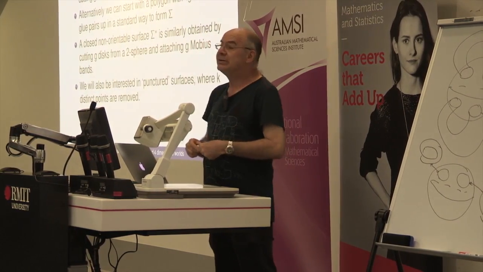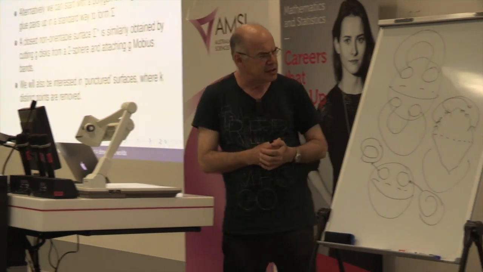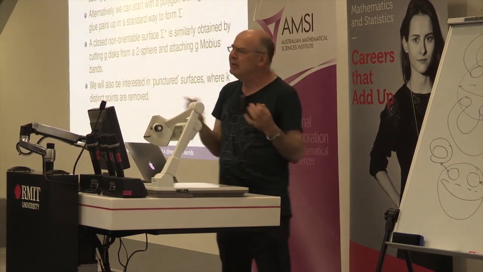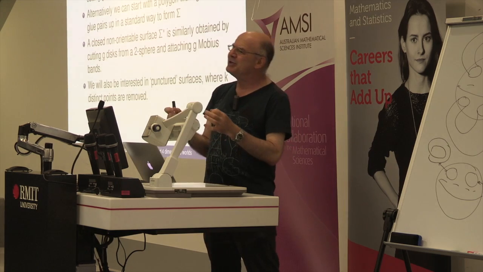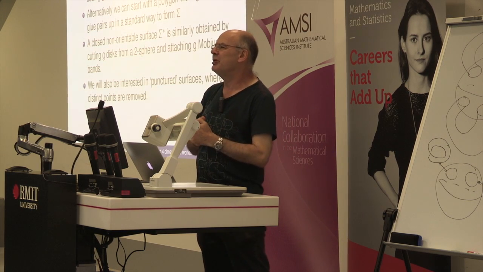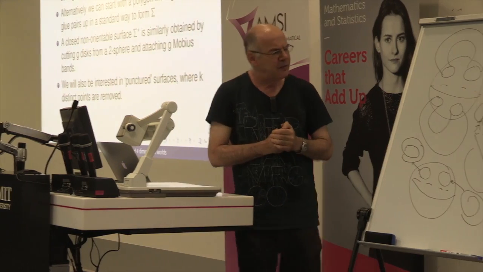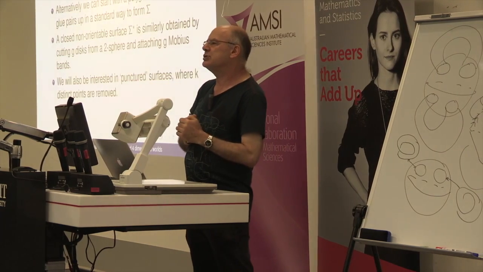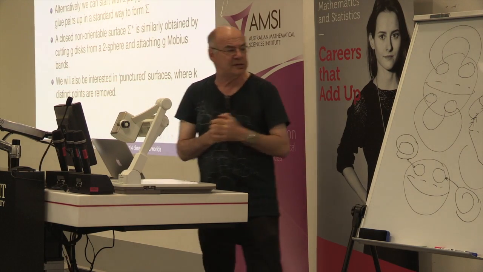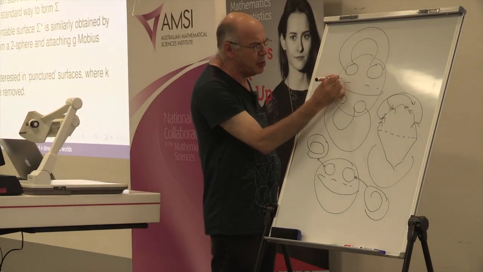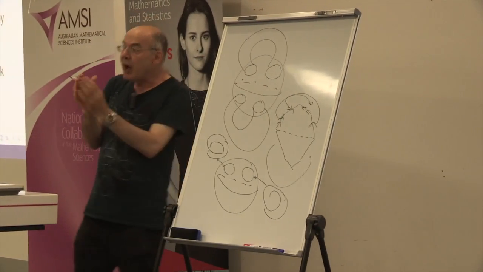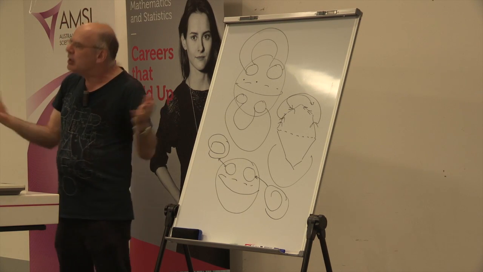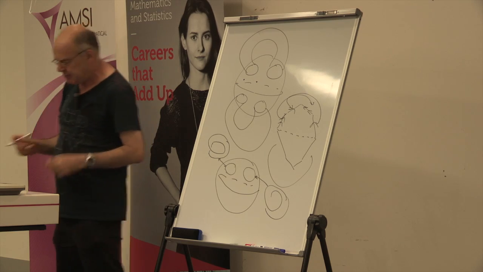Okay, so it turns out in our general exploration, we often want to think about surfaces with boundary, but in the way we actually do it, because we're interested in geometry, not just topology, we want to think about shapes of things, we're just going to remove points rather than cut out little holes. So we're going to puncture our surface, so we're just going to remove some points. If we like, we could open them up and make them into bigger holes. Topologically you're allowed to do that, but we'll think of them as just punctures.